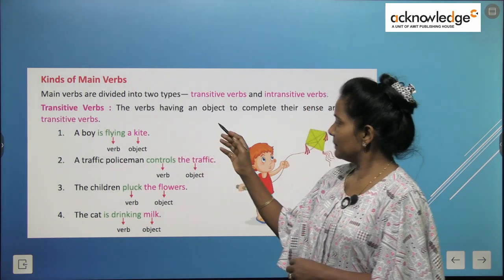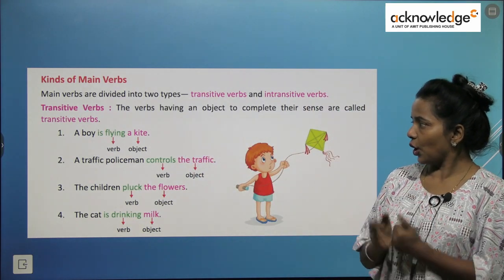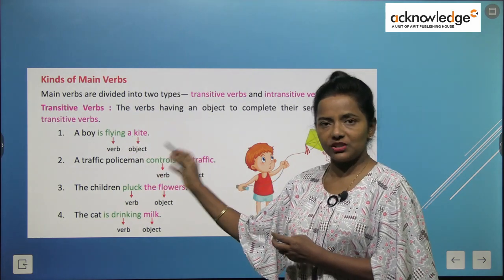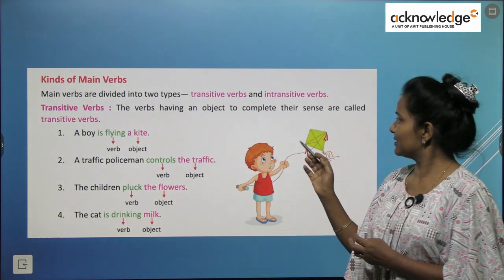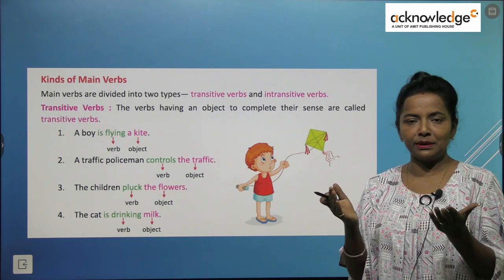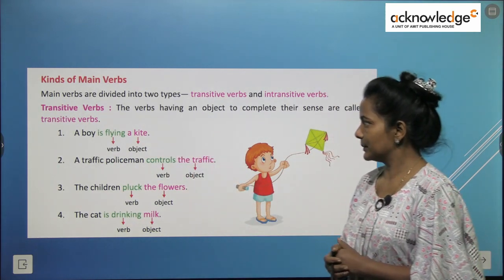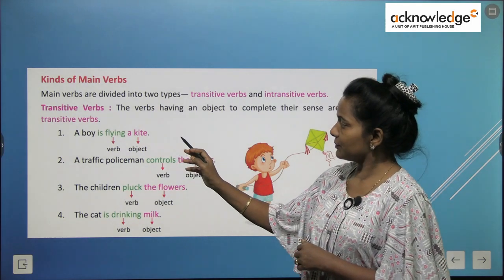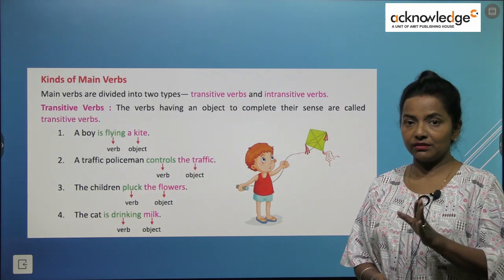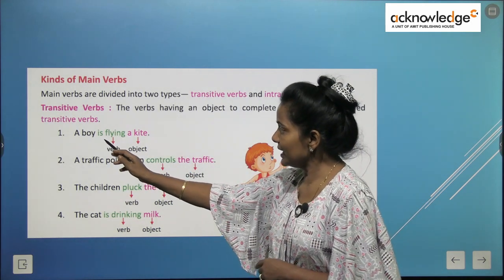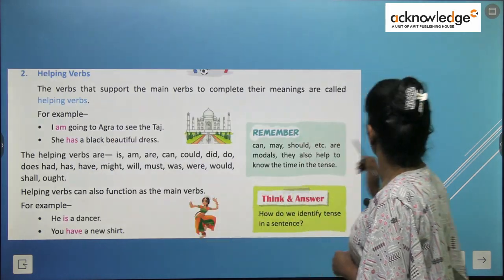जिस verb के साथ एक object लगा होता है जिससे कि सेंस कंप्लीट होता है सेंटेंस का, उसे कहते हैं ट्रांजिटिव वर्ब्स. अ बॉय इज फ्लाइंग अ काइट. नाउ चिल्ड्रन बहुत ध्यान से देखिएगा कैसे. अ बॉय इज फ्लाइंग, ये जो इज फ्लाइंग है,